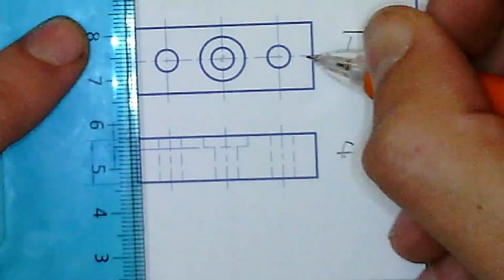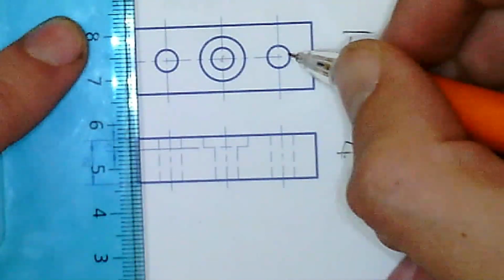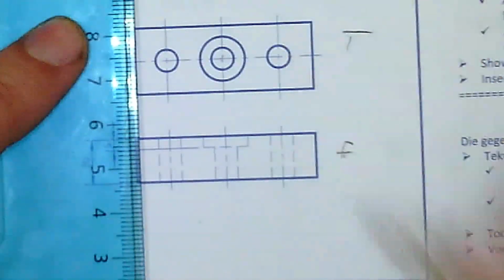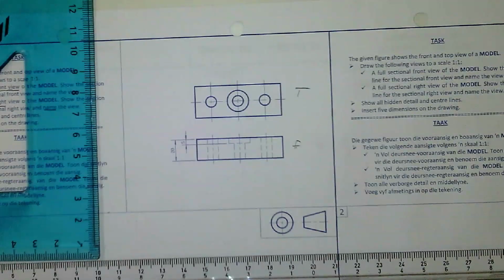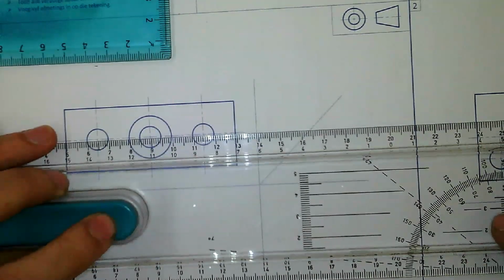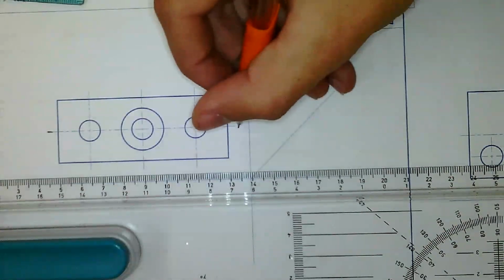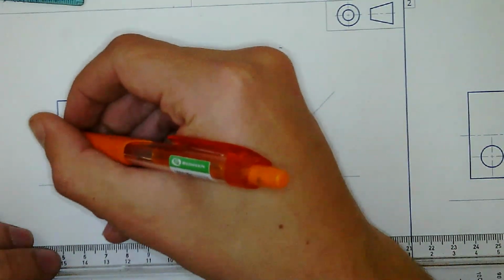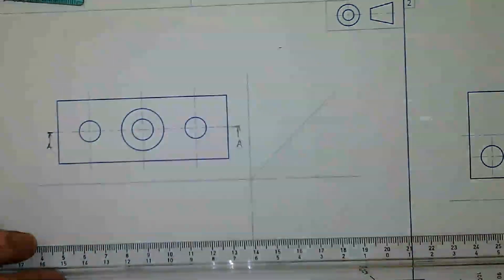So when I cut this thing through the middle on that line, I need to keep in mind that I'm going to see the exposed inside of that little part that has been drilled through. So you have to keep that in mind when you are drawing your views for this thing. The first thing that I'm going to do is I'm going to add my cutting plane. The first one is going to be cutting plane AA. So I already have a center line. I'm just going to make the ends of the center line a bit darker. Add my 2 arrows for the cutting plane and name it cutting plane AA.